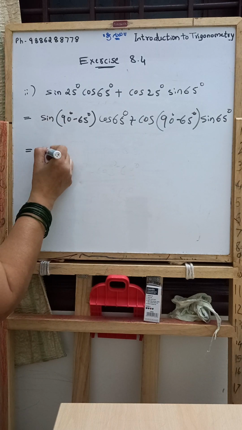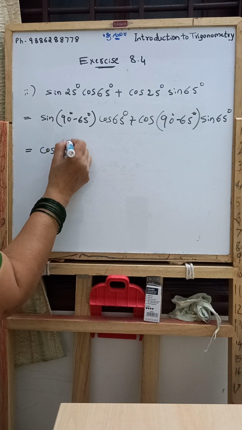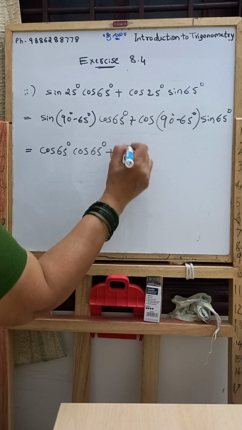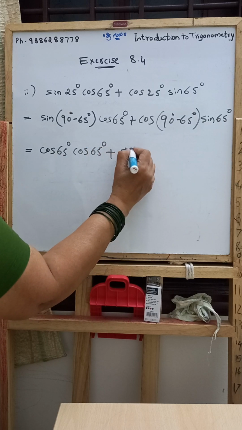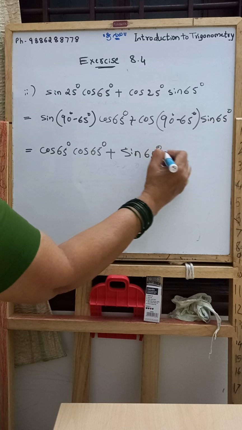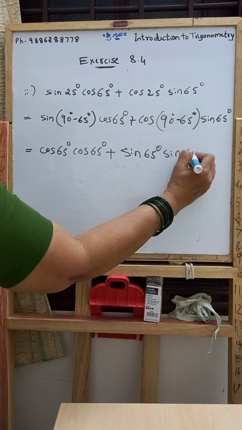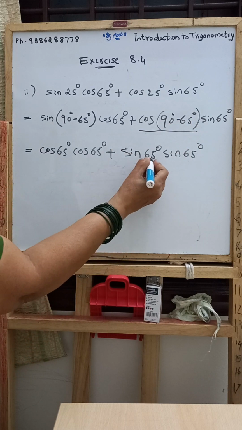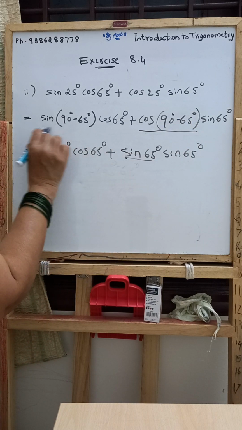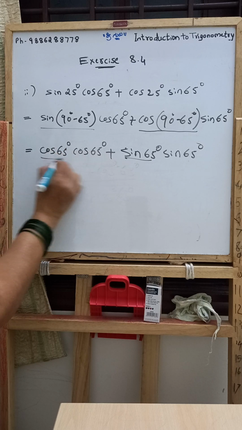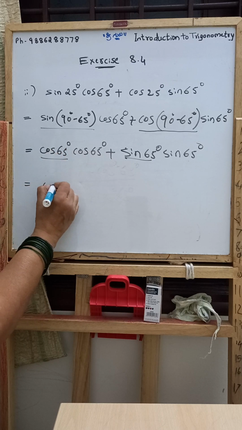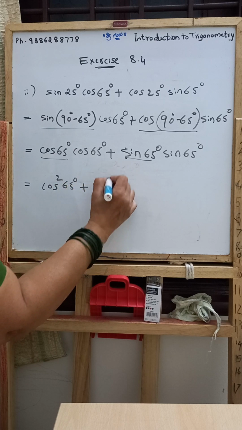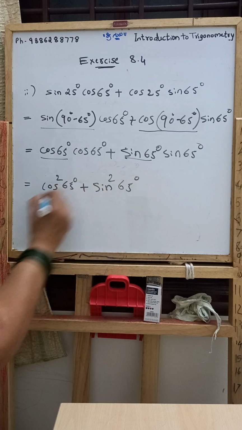This is equal to cos of 65 degrees into cos of 65 degrees plus sine of 65 degrees into sine of 65 degrees, because cos of 90 minus 65 degrees is sine of 65 and sine of 90 minus 65 is cos of 65. This is equal to cos square 65 degrees plus sine square 65 degrees. This is equal to